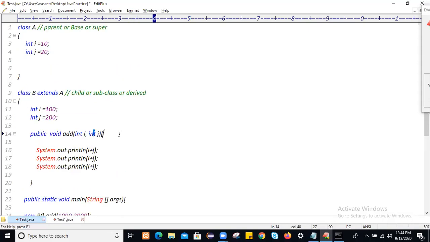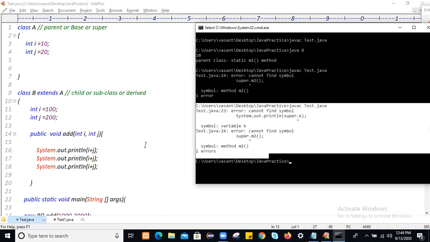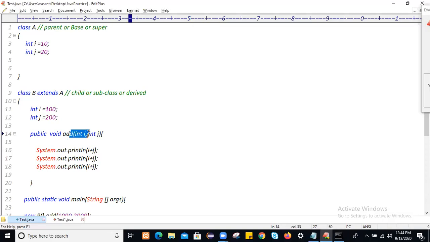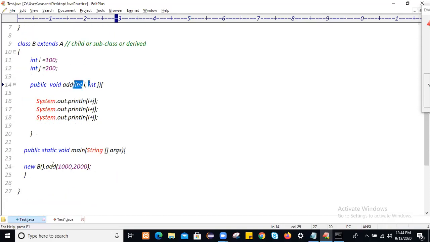If you want to perform the addition of parent class, the addition of same class, and the addition of local variable, we have to differentiate them. But here we are not differentiating. If you are not going to differentiate, every time it will perform the addition of local variable. Actually, first preference will go to the local variable. So whatever local variable we pass, it will perform the addition of local variable three times.